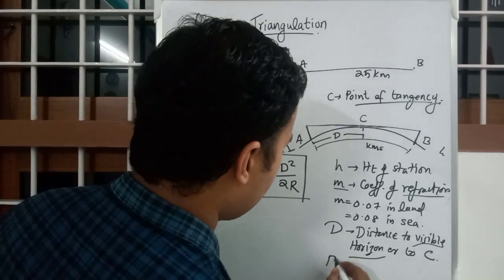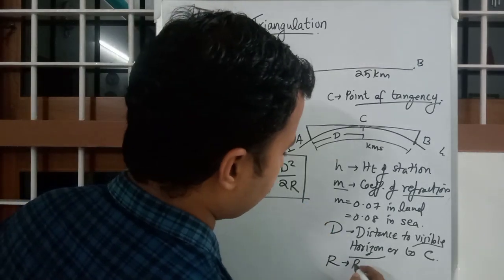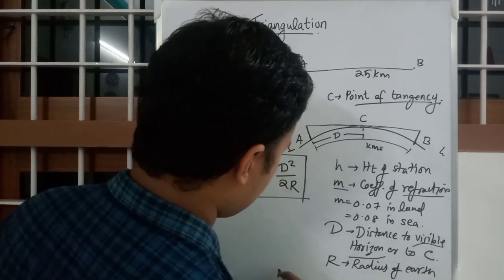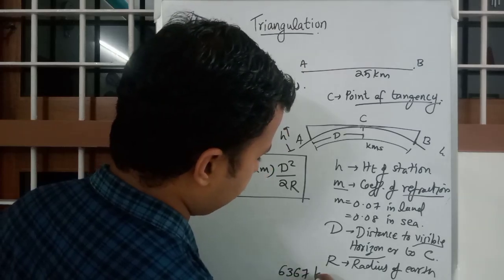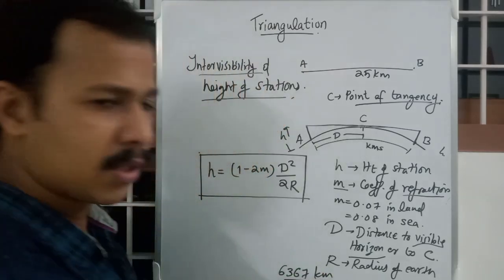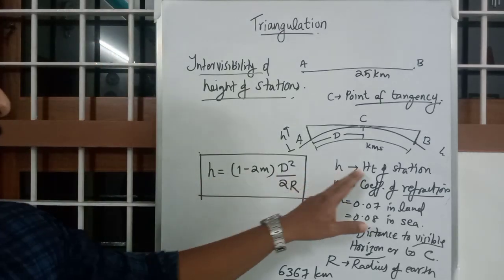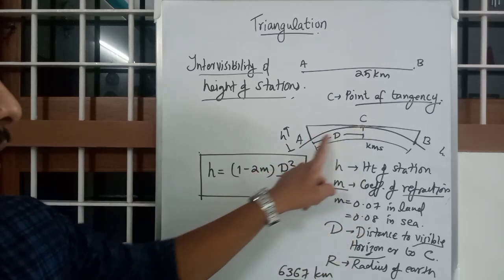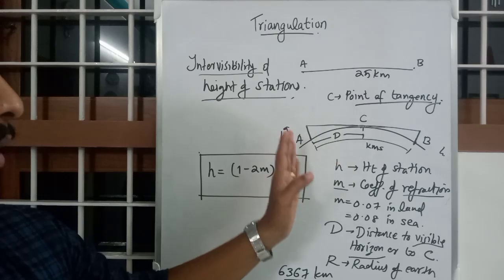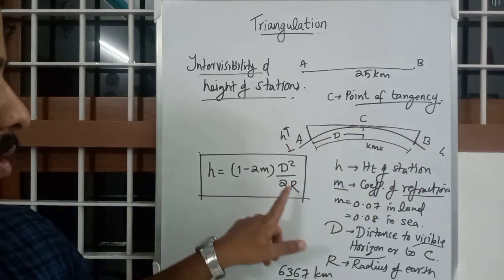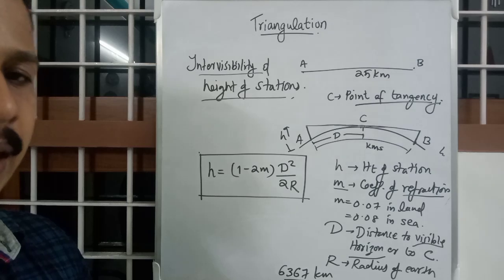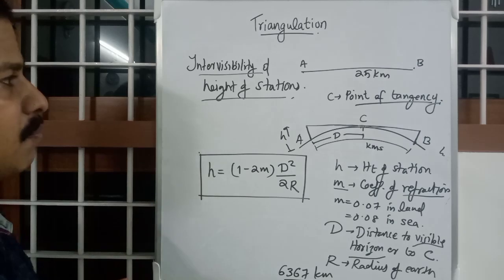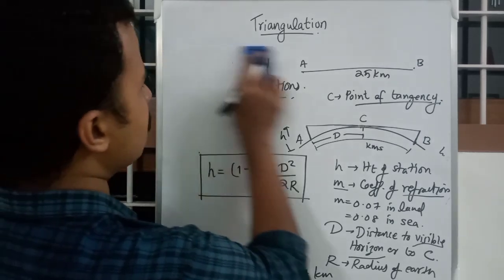And last one, R, radius of Earth, that is 6367 kilometers approximately. So H is the height of station, this height, M is coefficient of refraction, D is the distance to the visible horizon, AC or BC, depends on which height we are considering. R is the radius of Earth, which can be approximately taken as 6367 kilometers. And on further simplification, we can get the equations as